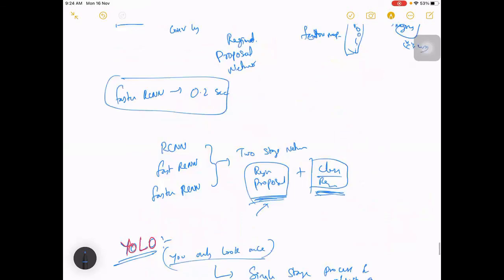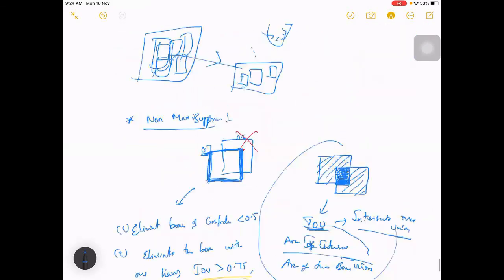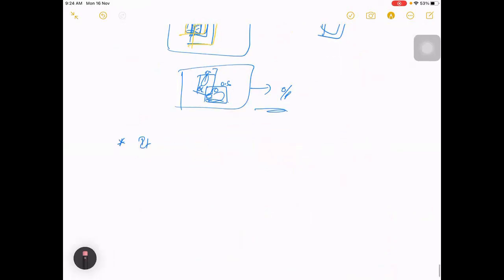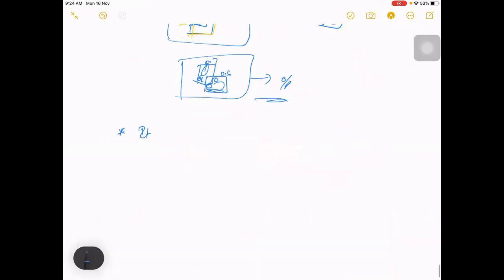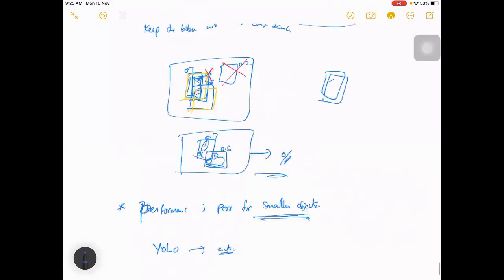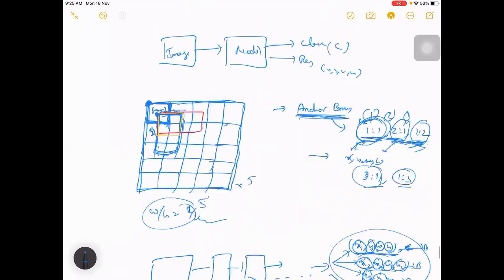There is a small disadvantage with YOLO: its performance is poor for smaller objects. Mostly YOLO is very accurate in most cases, but for smaller objects it is not performing well. But in that case, you can go for Faster RCNN, or else